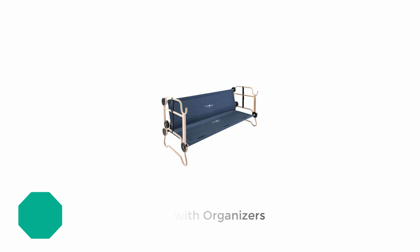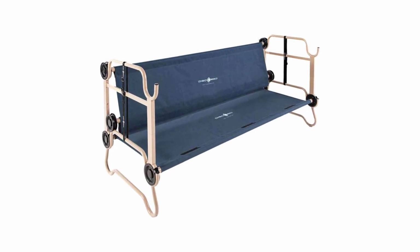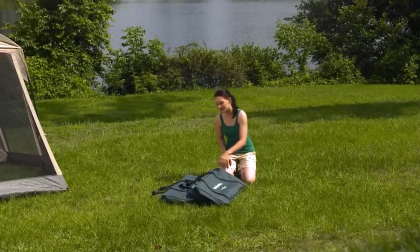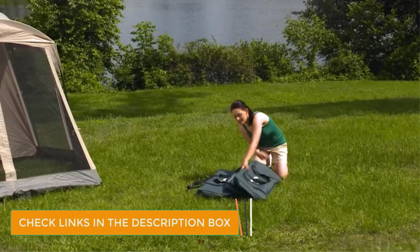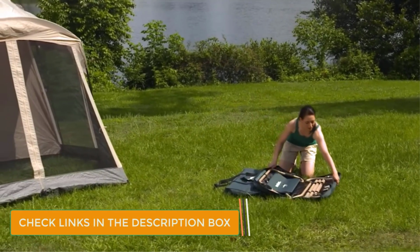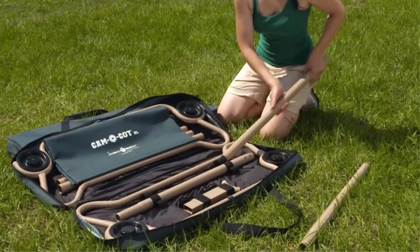Number 3. Disco Bed Large with Organizers. The Disco Bed Large with Organizers is a versatile and robust camping solution that requires no tools for assembly, allowing you to easily configure it as 2 single beds, convert them into a bunk, or even transform it into a bench without any hassle. Featuring a robust anti-rust steel frame with rugged durability and stability, it ensures a level sleeping